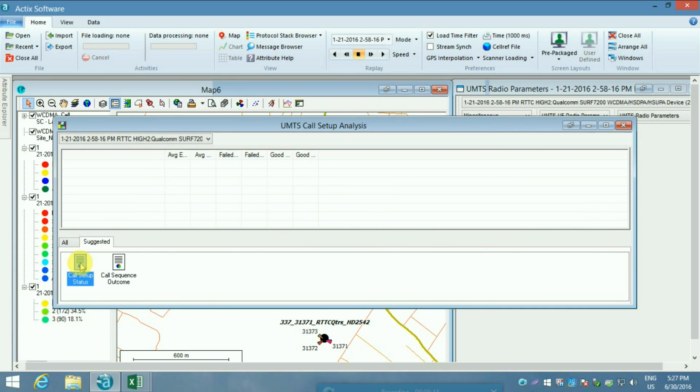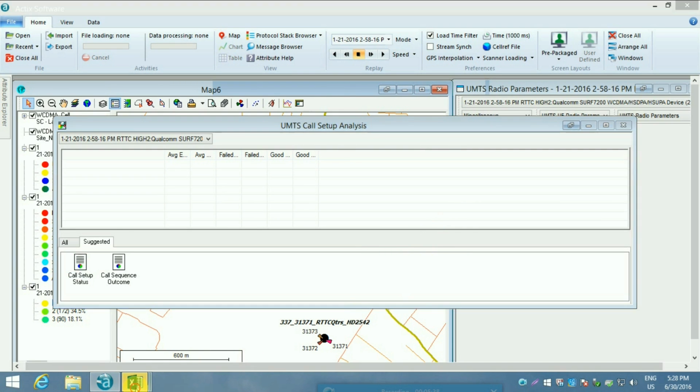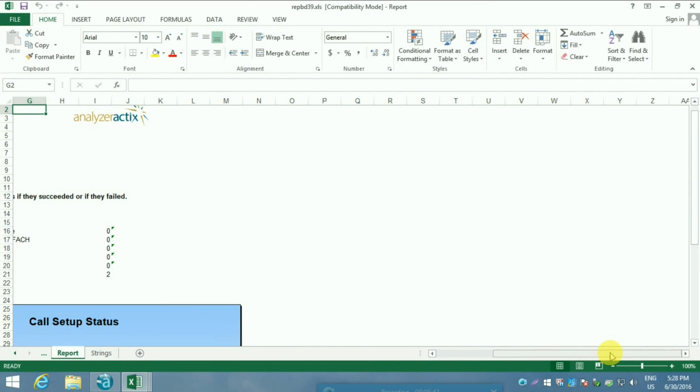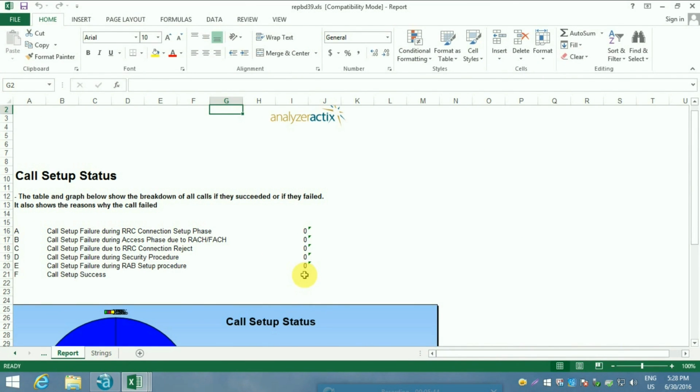This shows us the number of calls that were set up and the number of calls that were successfully established. 2 calls were set up and they both were successful.